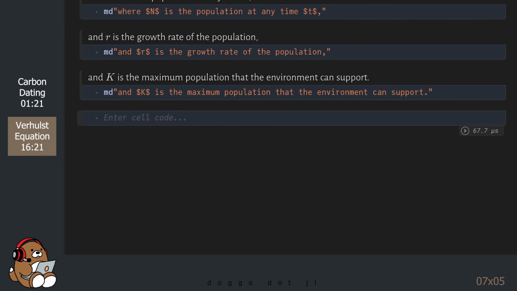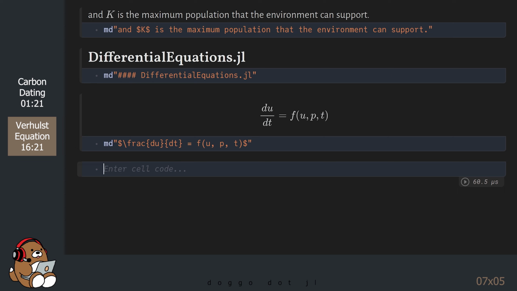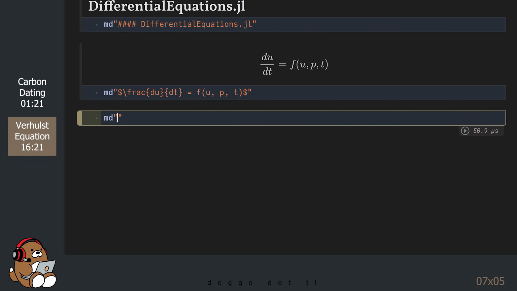Just like in previous examples, the differential equations package expects the differential equation to be defined as a Julia function that takes the arguments u, p, and t. But the Verhulst equation contains a couple of parameters.